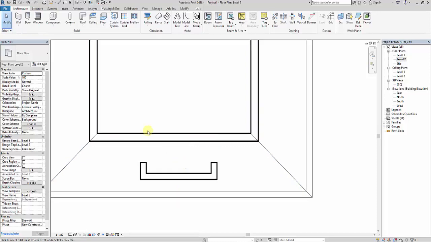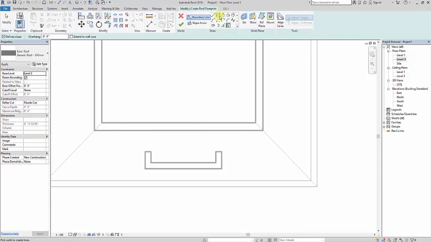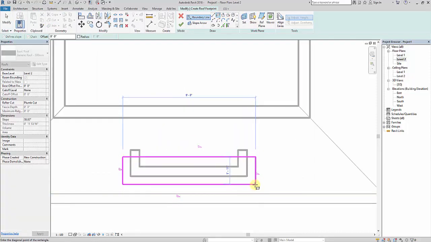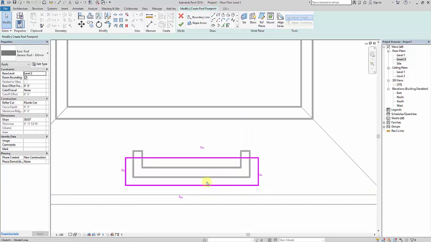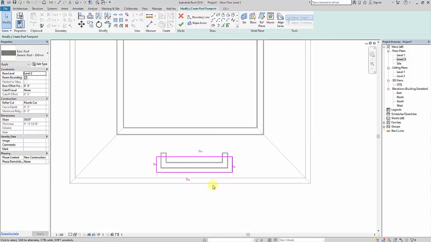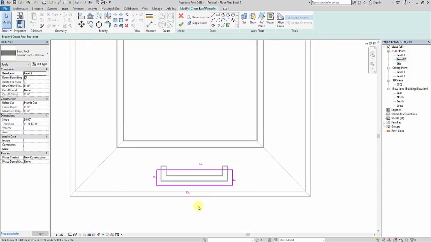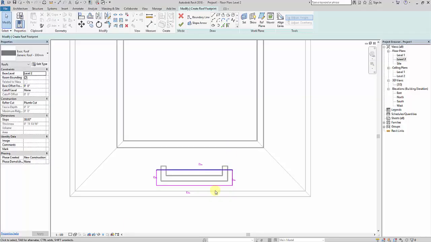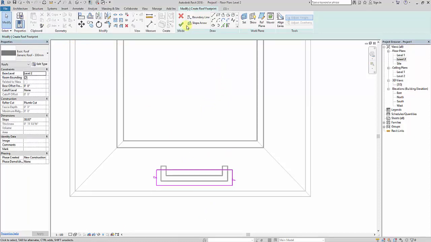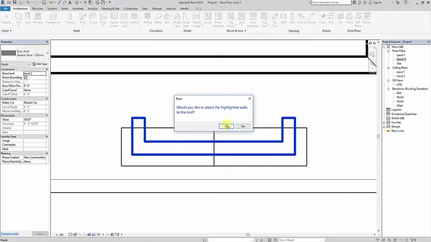Again I'll select roof by footprint using draw tools, and draw the boundaries of my small roof. You have to draw it accurately, and the small roof, that is the dormer window roof, should not be bigger than your big roof here. As I need a two-sided roof like this, I will select these two boundaries and undefine the slope. Click on finish. Here just click on yes.